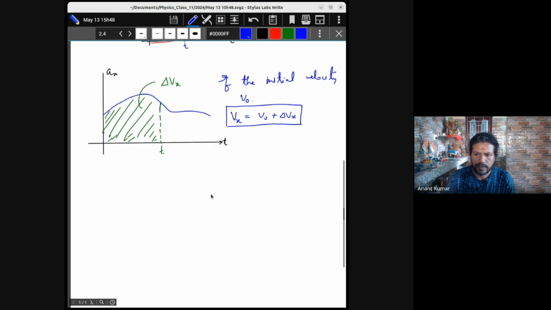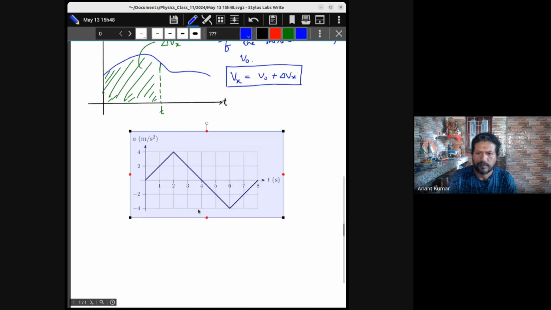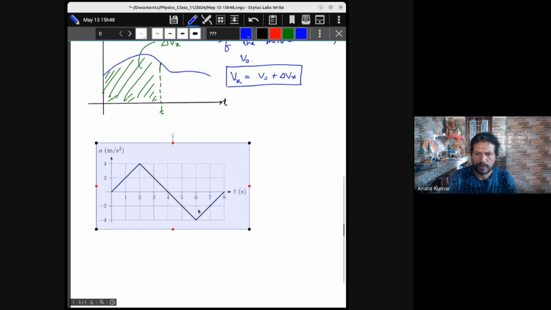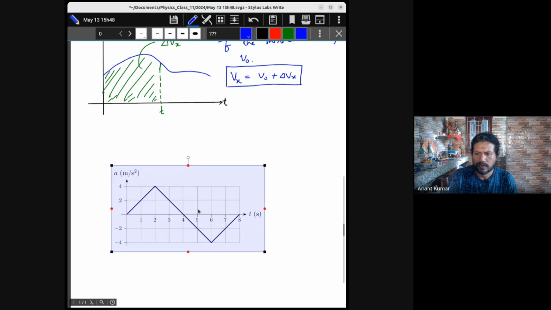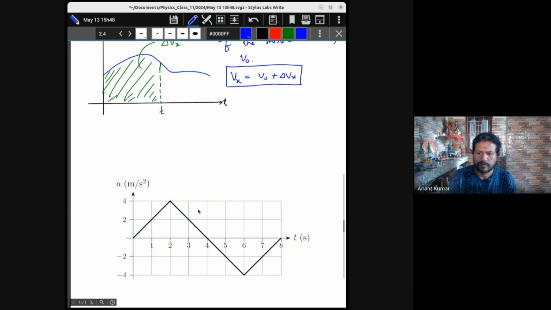The acceleration versus time graph looks like this. This is in fact question number 3, so I will just copy it down as well. Statement. The statement of the question says that there's a car which starts at rest